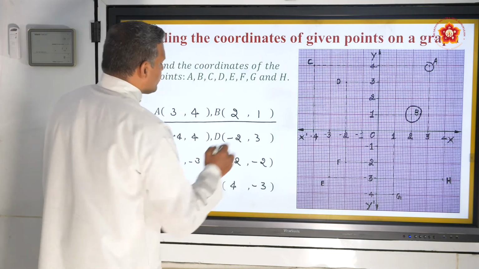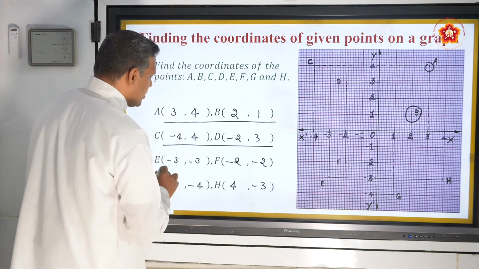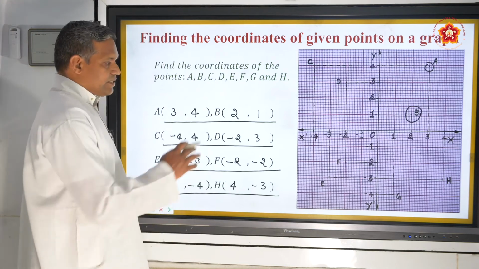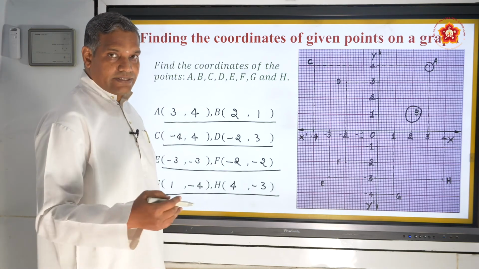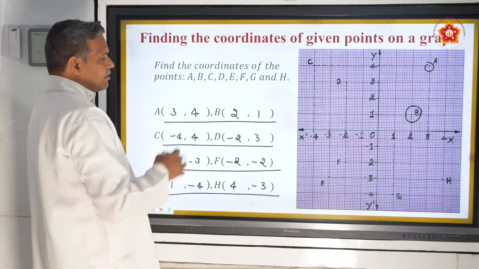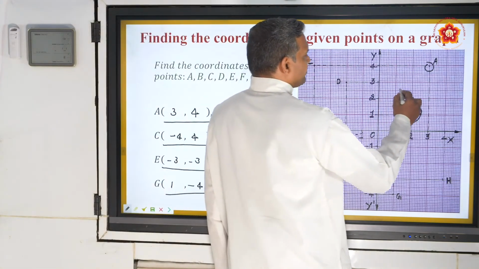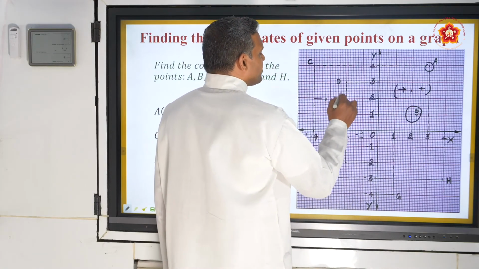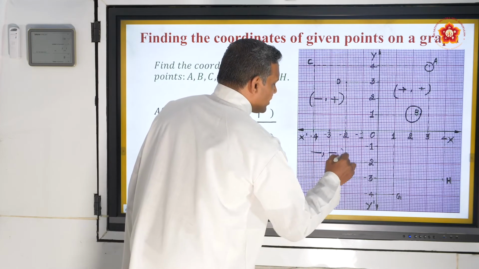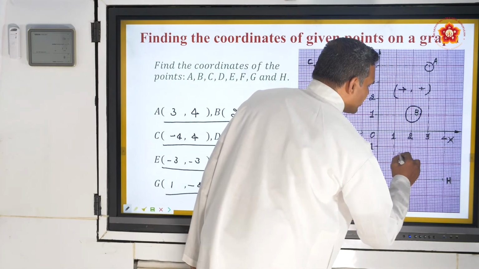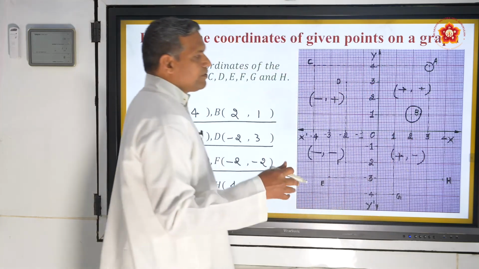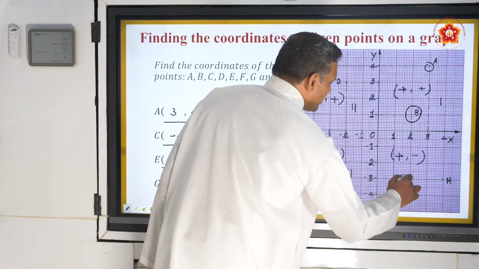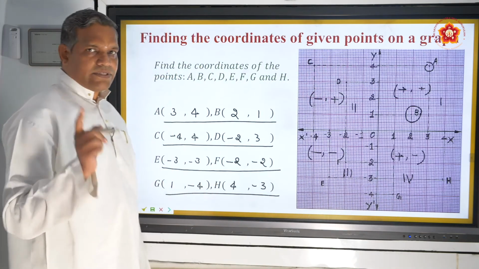So both the numbers are positive comma positive, negative positive, negative negative, positive negative. First, second, third, fourth quadrant. Quadrants are always with these signs. Okay, let me write it here. Positive comma positive comes here. Tell me what comes here? Negative comma positive. What comes here? Negative comma negative. What comes here? Positive comma negative. That's how you take the first, second, third, fourth quadrant. Remember, don't neglect, remember clearly and always represent.